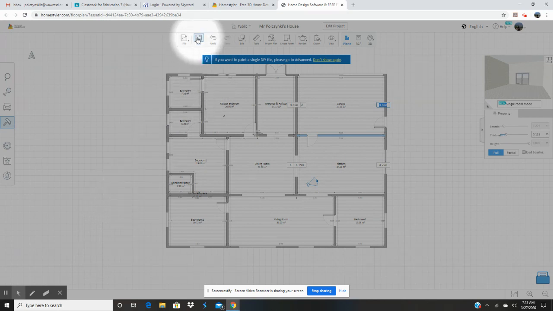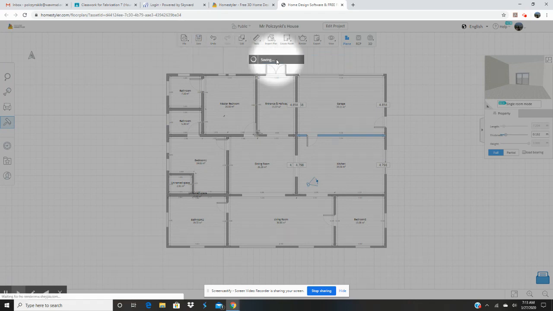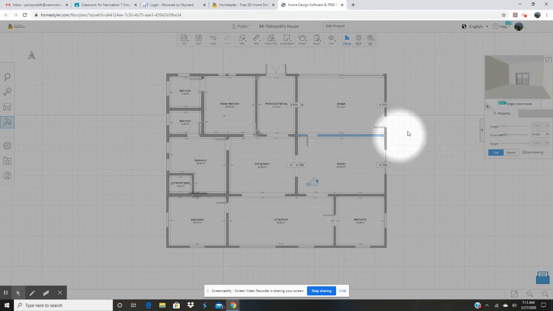When you are done with that, the most important thing is up on the top here. It says save. Make sure you click save. It's going to say saving, and then it'll say your design has been saved. Now I can close out of this window. When you are done with this, make sure you click turn in. We are not actually turning in the house yet because there's one last thing that we're going to be doing, but you can just click turn in on Google Classroom. So I will give you credit for completing part of the